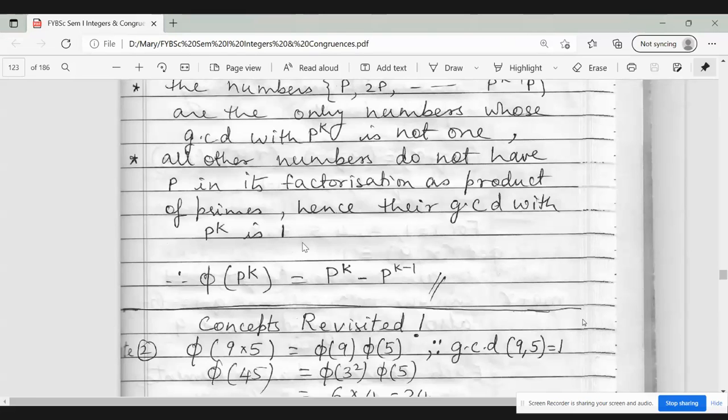Okay. So we were discussing this. So we proved this. Phi of p raised to k is p raised to k minus p raised to k minus 1. Okay. Now,